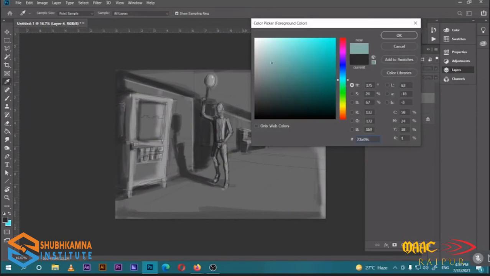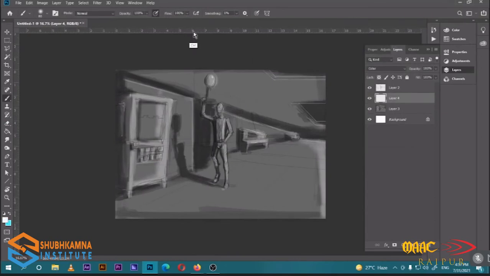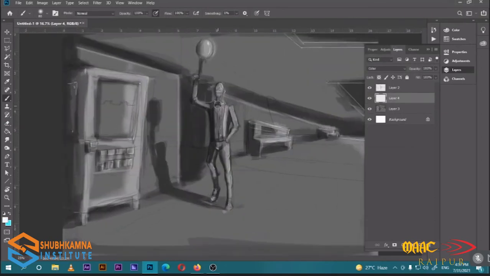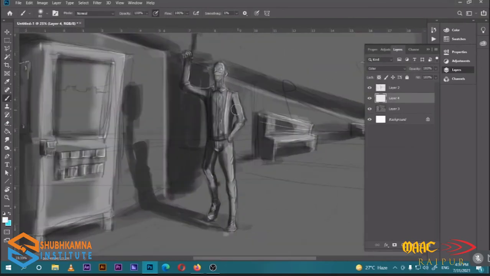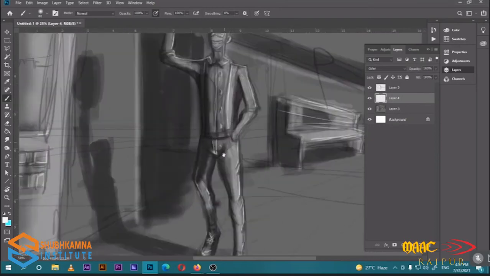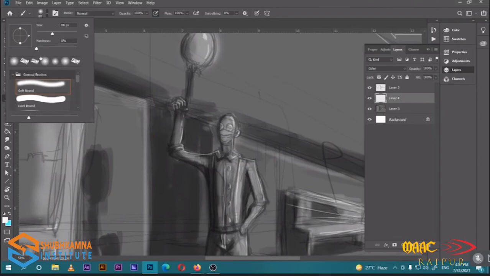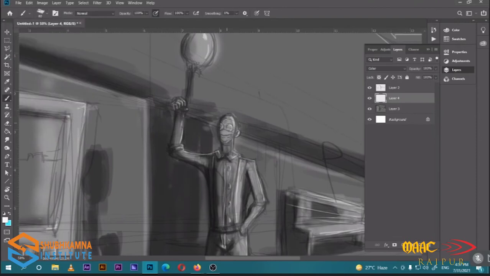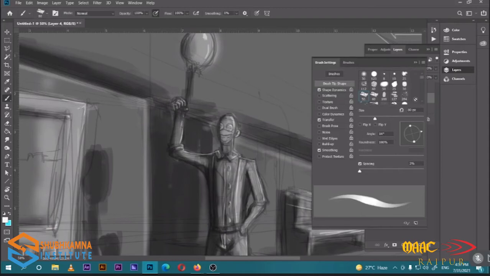So I'm just using this first, all the details of my character. I'm gonna put it right over there. I'm gonna select this brush, size about here.